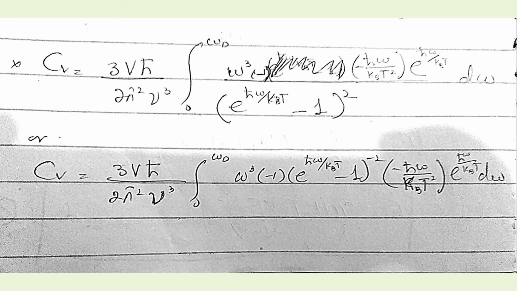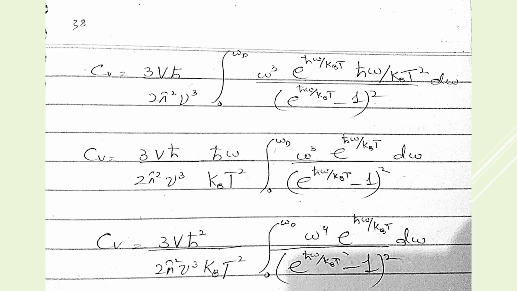Here we get the energy CV is equal to 3V ħ over 2 pi square omega cube. That we have now changed, that energy with the CV, and substituting the values and solving. That gives the equation for the solution. CV is equal to 3V ħ square over 2 pi square nu cube kB T square integral 0 to omega D, omega power 4 into exponential ħ omega over kB T divided by exponential ħ omega over kB T minus 1 whole